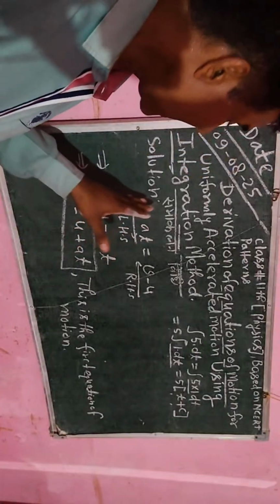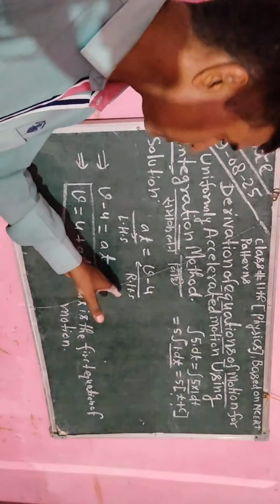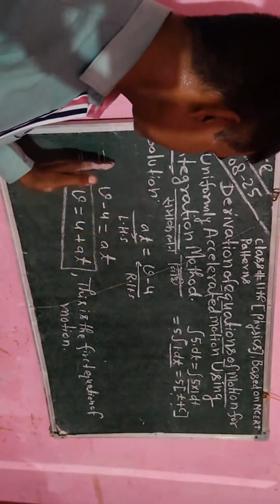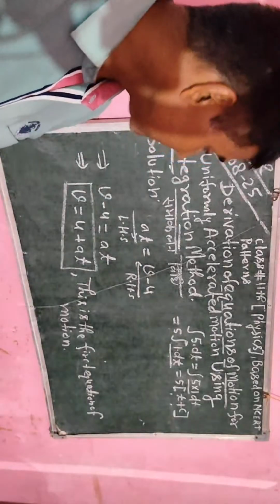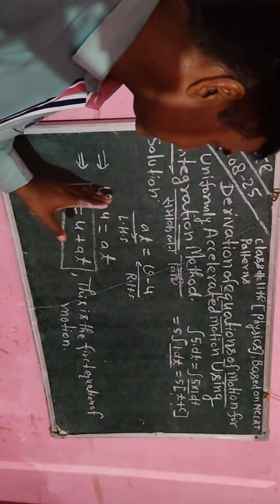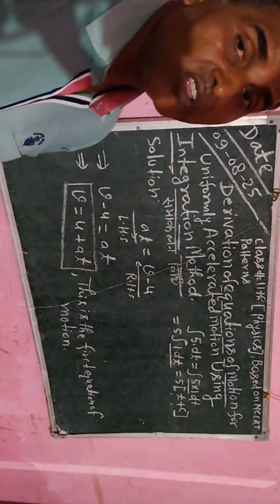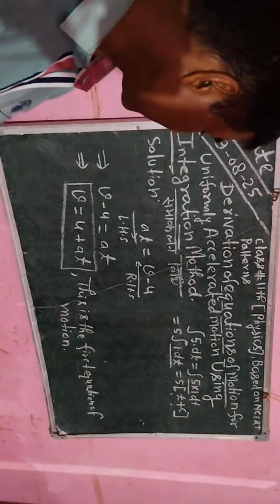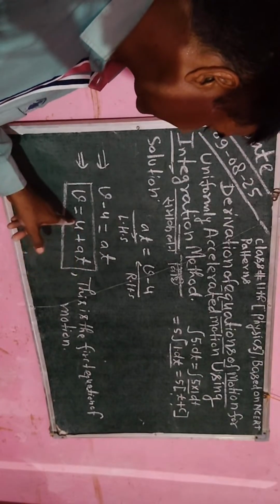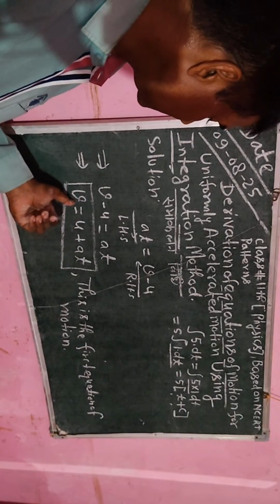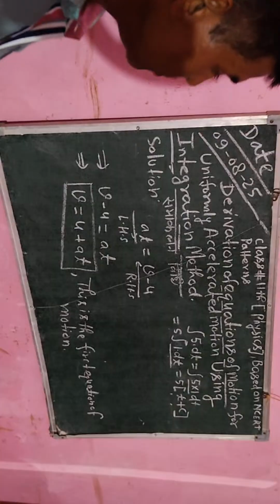Okay, तो हमने यहाँ तक प्रूव किया था कि a इज इक्वल टू वी माइनस यू। तो जो राइट हैंड साइड का डाटा है, जो दाएं पक्ष का डाटा है, उस डाटा को लेफ्ट हैंड साइड में रखें और लेफ्ट हैंड साइड के सारा डाटा को राइट हैंड साइड में करेंगे तो इसमें कोई चेंज हमारे सॉल्यूशन में नहीं होगा। तो इस तरीके से करने के बाद अगर किसी पार्टिकुलर टर्म को लेफ्ट से राइट ले जाएंगे, राइट से लेफ्ट लाएंगे तो उसका जो साइन होगा, चिन्ह होगा, वो चेंज हो जाएगा। तो यहाँ पर हम देखते हैं लेफ्ट हैंड साइड में यू माइनस साइन रखता है, अगर ये राइट हैंड साइड में चला जाएगा तो ये प्लस साइन हो जाएगा। इस तरीके से हम कर सकते हैं v इक्वल टू यू प्लस ए टी। ये गति का पहला समीकरण है।